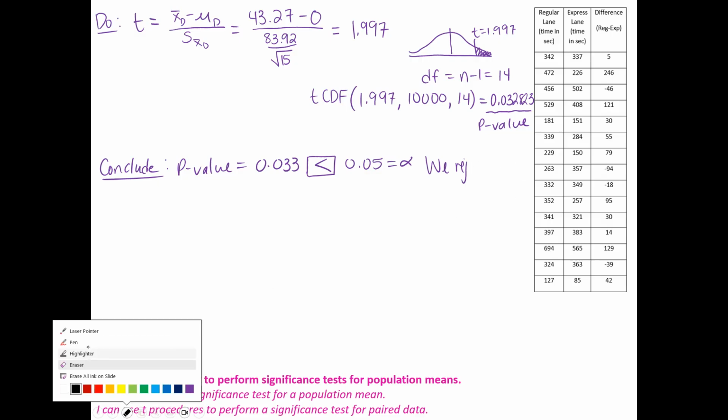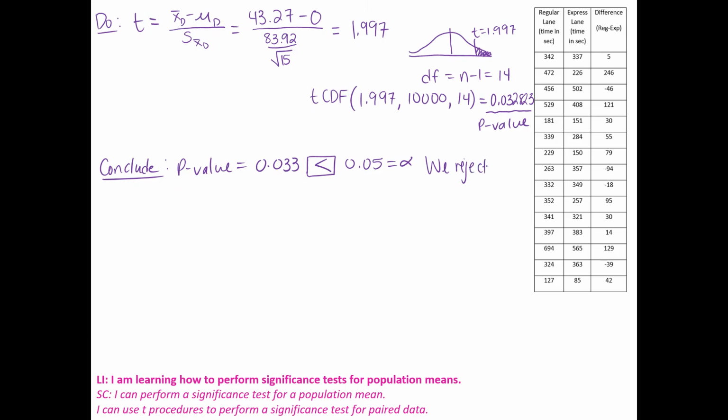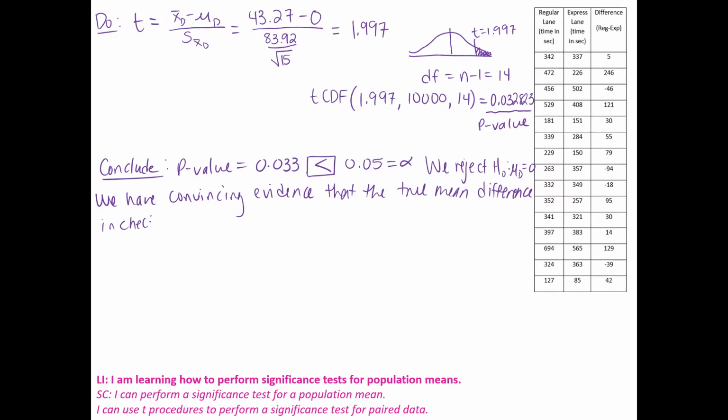All right, if we reject the null, that means we have convincing evidence that the true mean difference, remember we did all this in terms of the difference, the true mean difference in checkout times